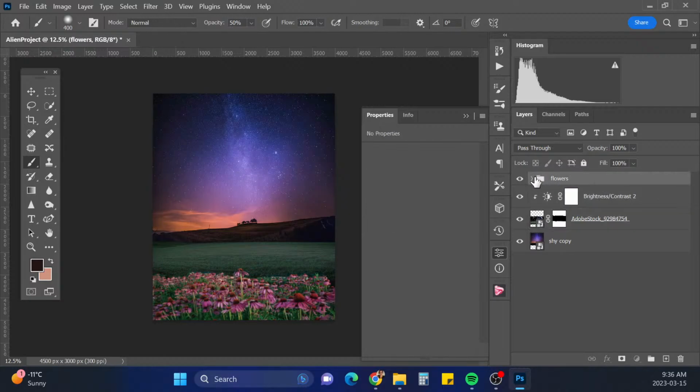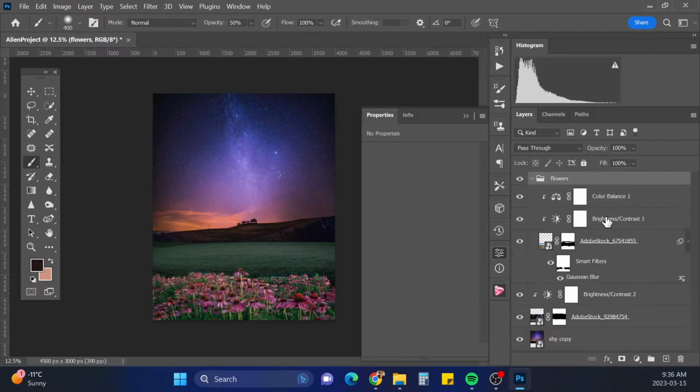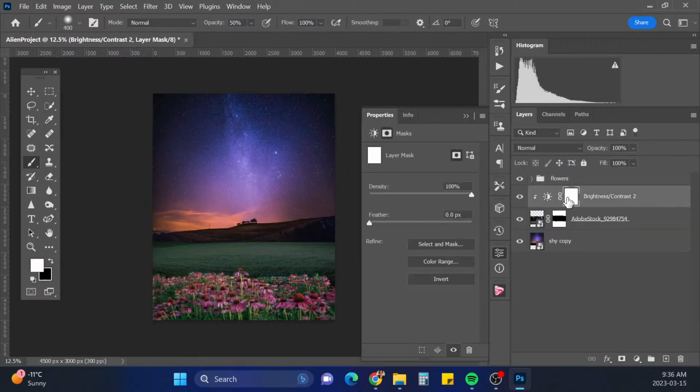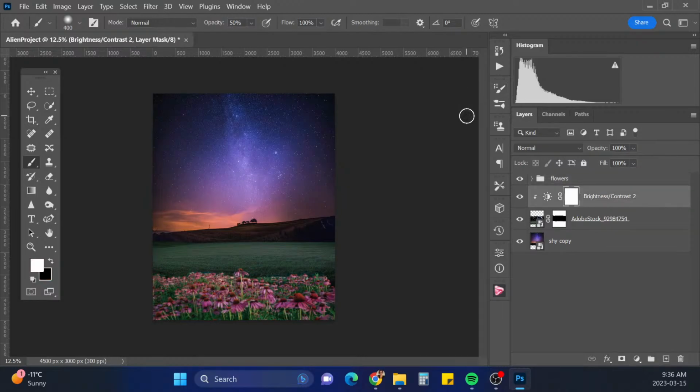Okay, these flowers, I'm going to have to go back and change the color of them. I want to get a soft brush, and at 50% I'm going to paint the brightness and contrast layer off right in the middle here, because I liked how bright it was.